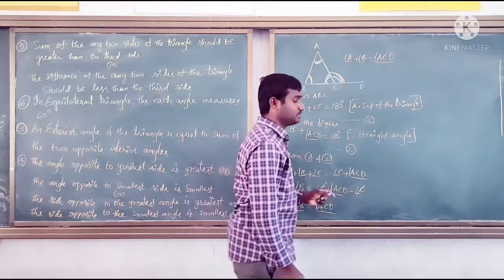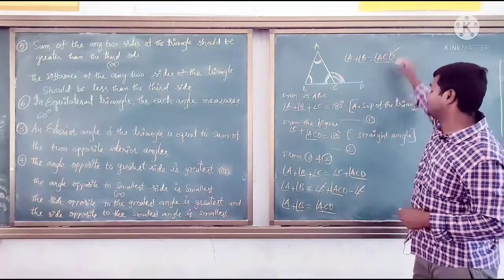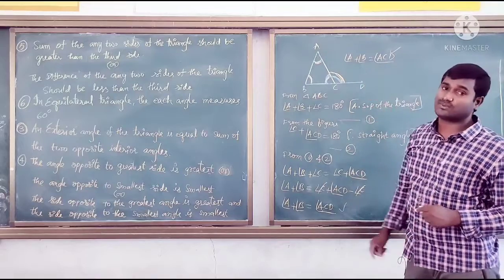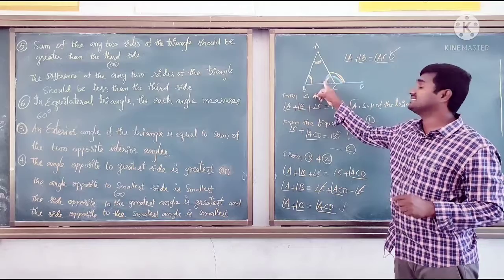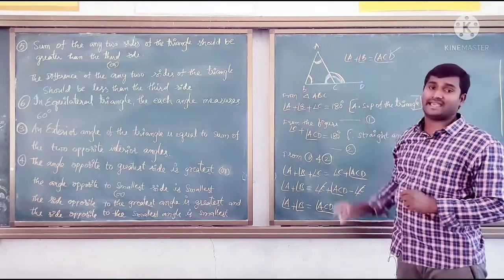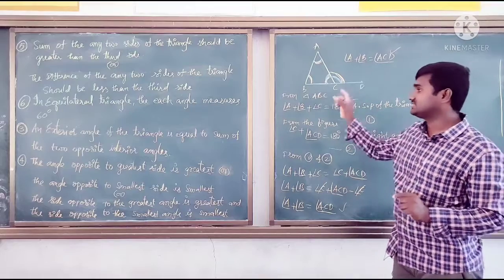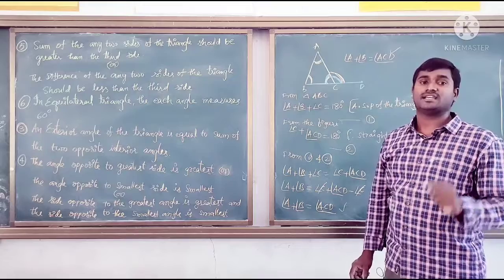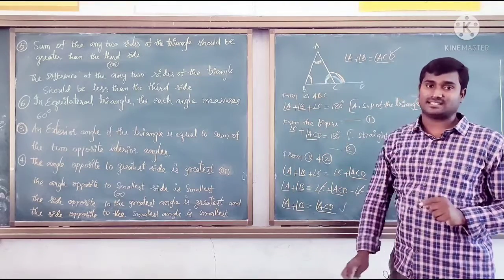So what we need to prove? Angle A plus angle B equal to angle ACD. Yes, we need to prove. Hence we proved. Angle A and angle B are which type of angles? Opposite interior angles. Angle C is adjacent interior to the exterior angle ACD. So in this you have to observe and identify which two are the opposite interior angles. If you know that, you can get that answer.